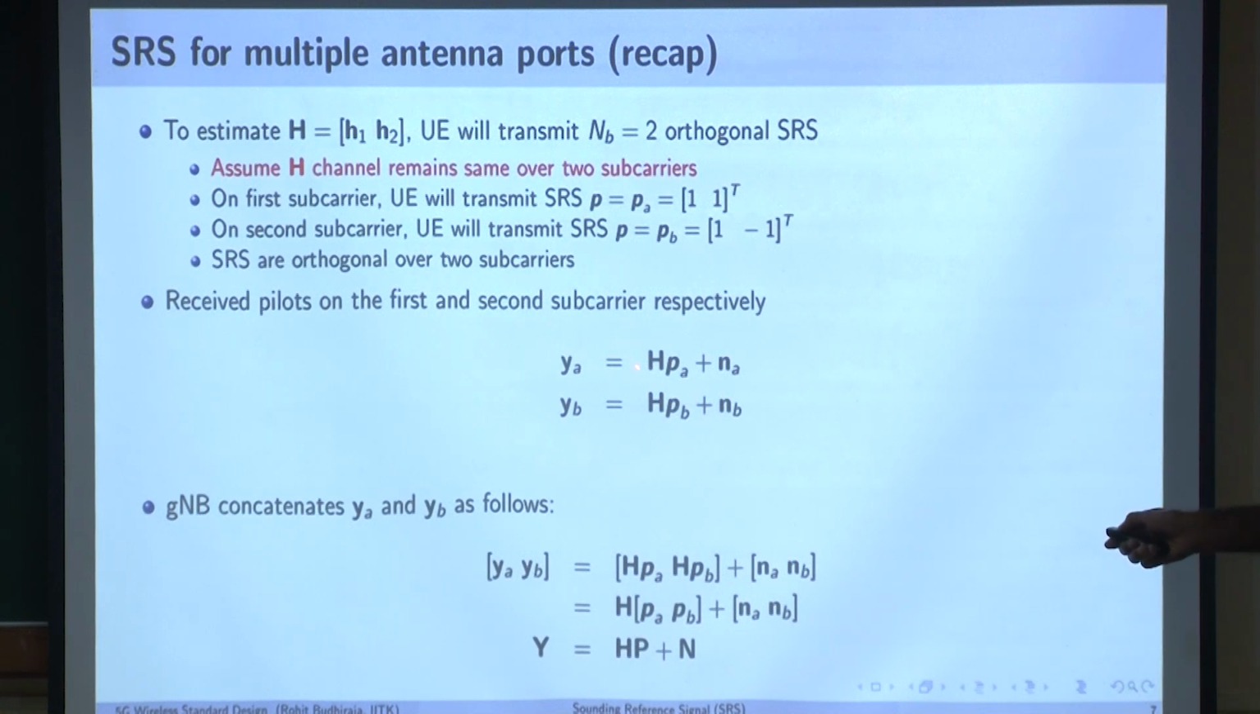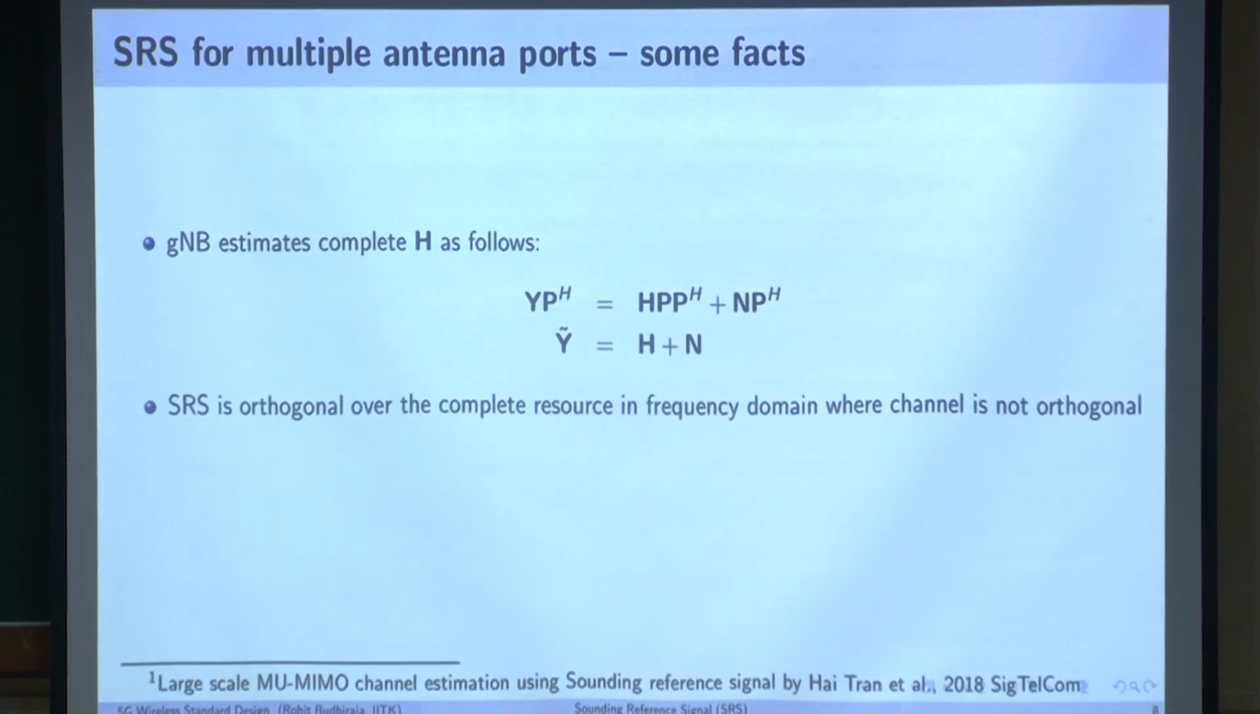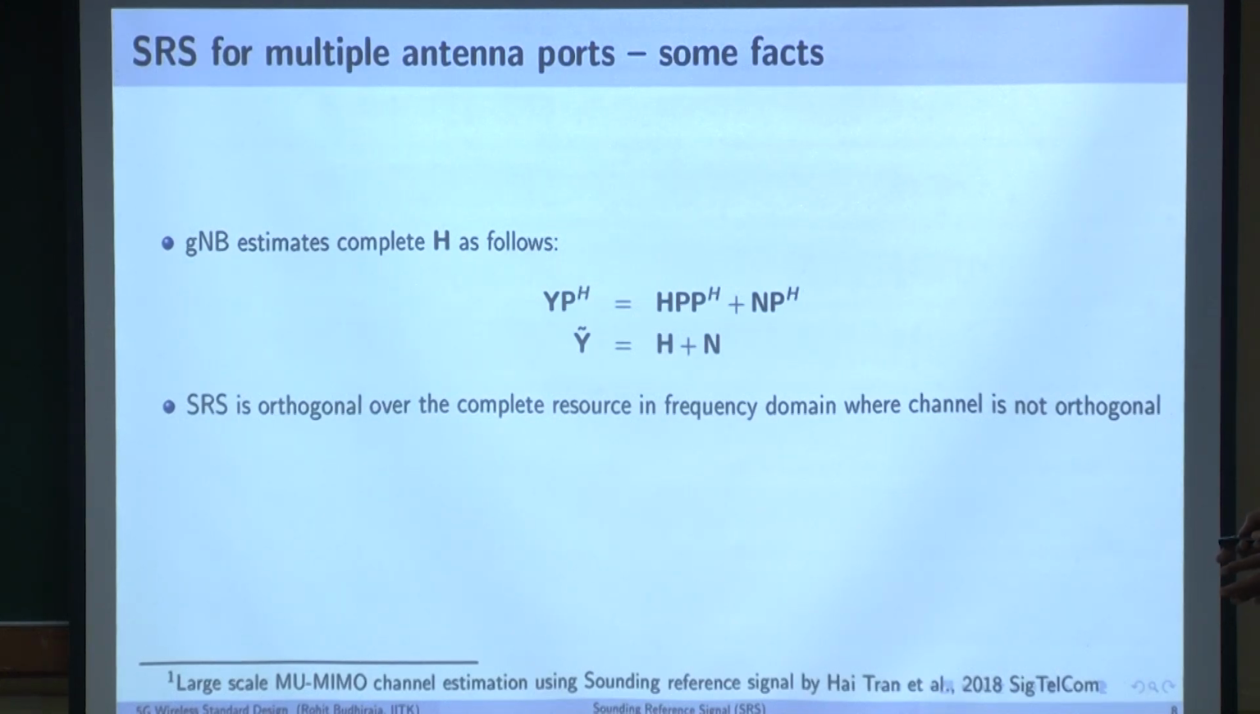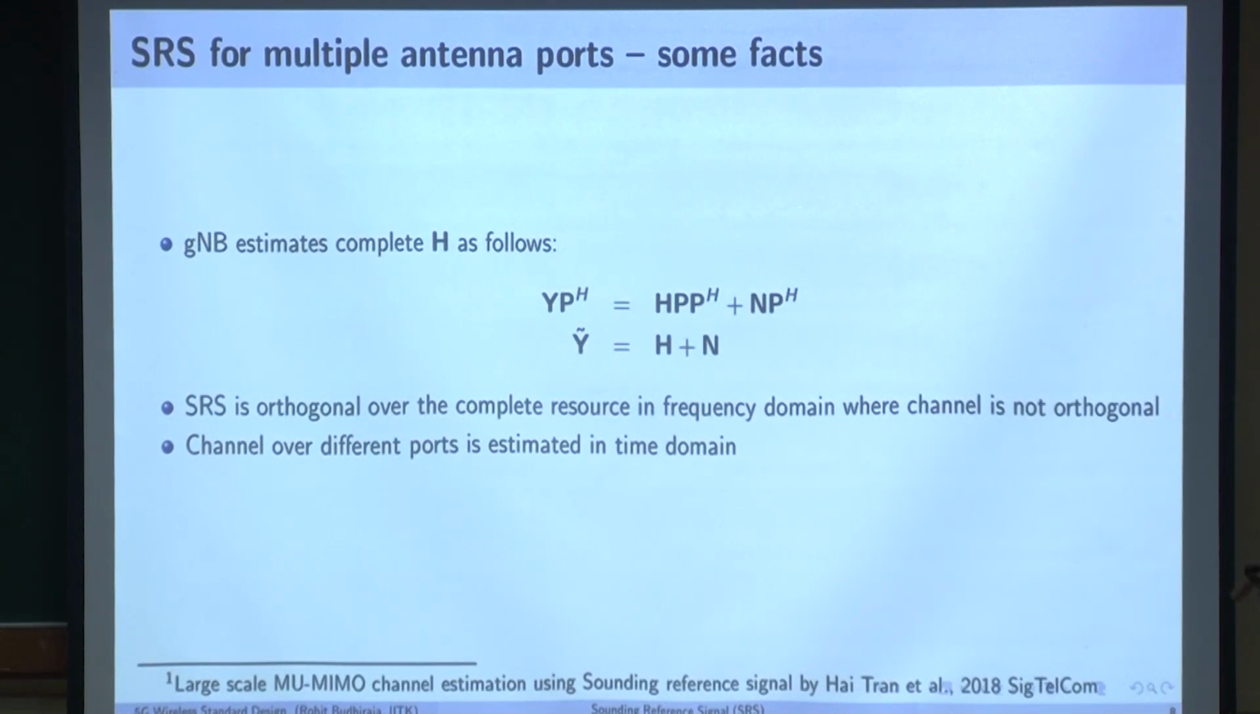How will you bring in how this H will become HA, PA, HB, PB, right, okay, correct. And this is something where that time domain property comes into picture. So what happens there is, SRS is orthogonal over the complete resource in the frequency domain where the channel is not orthogonal, correct. Now if you have to estimate the entire broadband channel, typically